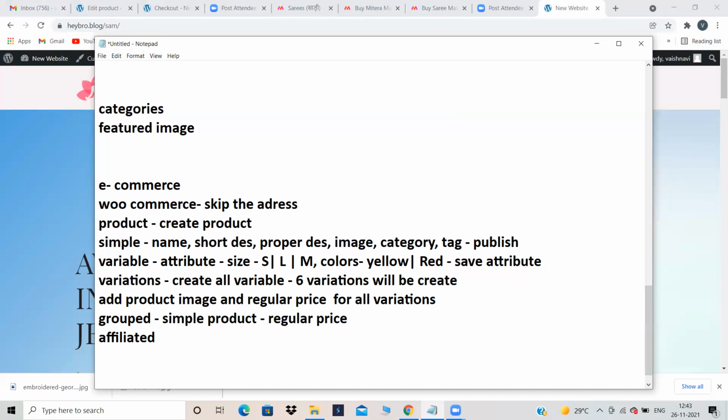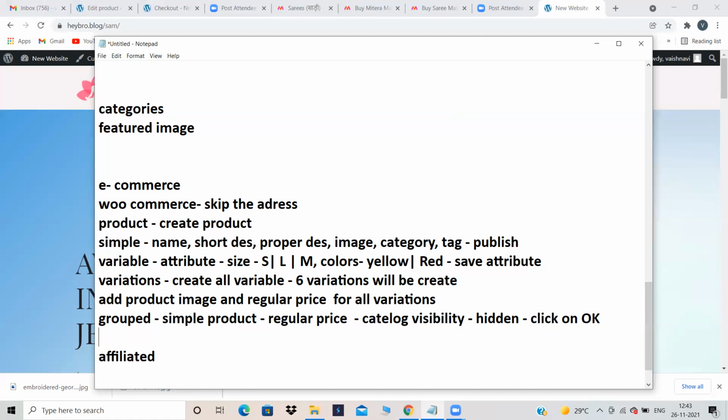For practice purposes it's not mandatory, but generally you should give the image. Then there is an option called catalog visibility, right? We need to select the hidden option and click on OK.